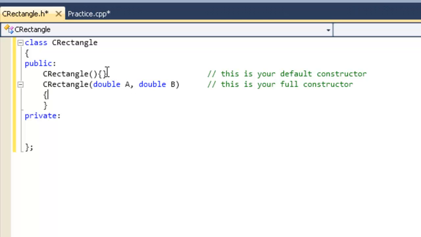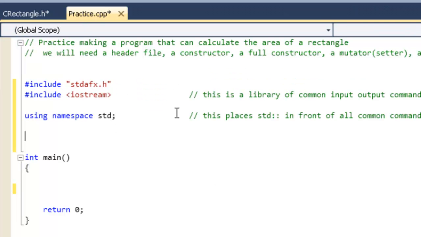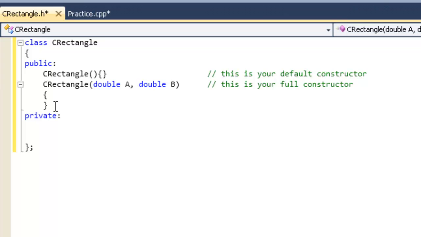So a and b are the values that we're going to insert into CRectangle from your main file. Since we're dealing with a rectangle, we're dealing with length and width. So we're going to say length is equal to a;